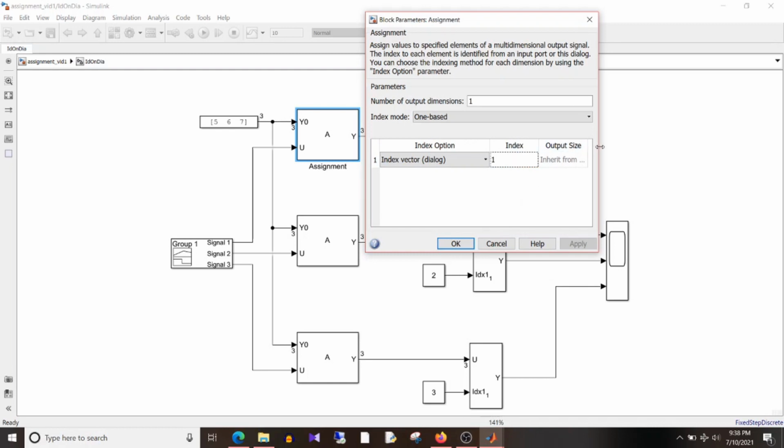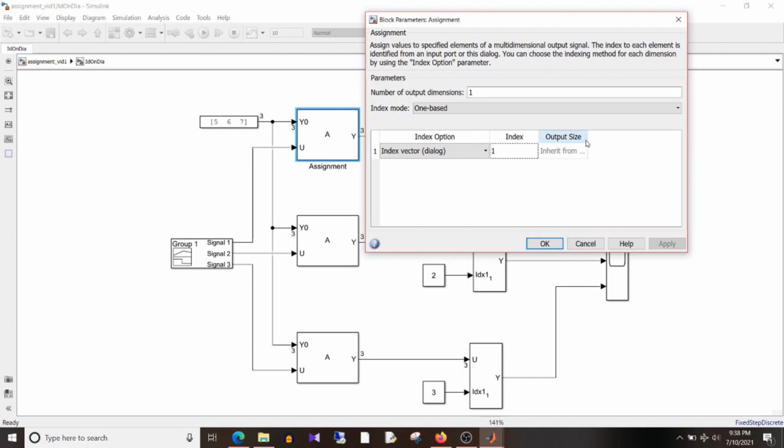Then this output size, it will be inherited from y0, which is the input. So since this y0 has 3 elements in it, the output will also have 3 elements in it. And since I have chosen the index value equal to 1, only the first element of the output signal will be assigned with the input, whereas rest of the elements, that is second and the third element, will have default value, which is y0.